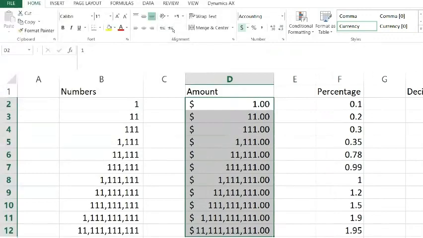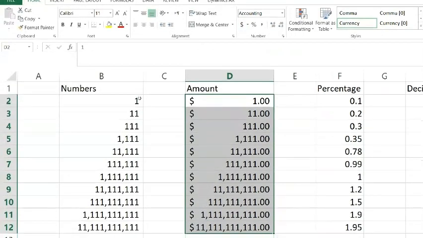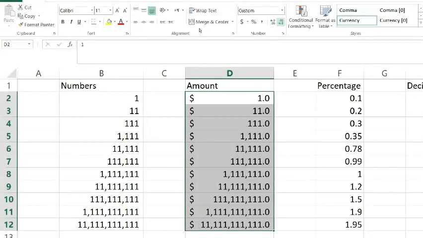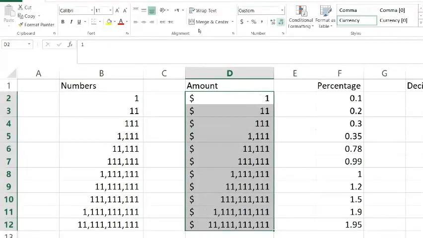As soon as you click on this, the system will add a $ sign, and it will also add separators followed by 2 digits of decimal place. Again, if you want to remove the decimal places, you can click on the Decrease Decimal icon, and the digits after the decimal place will be gone.